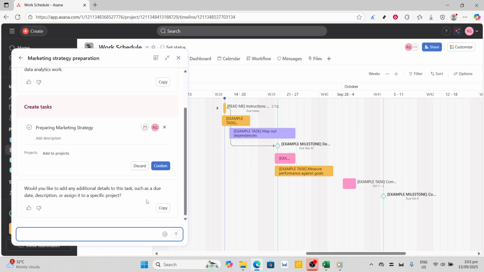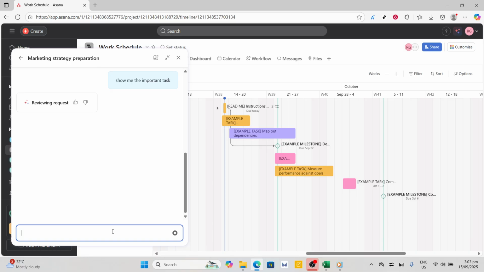Suppose you want to plan your day or week more effectively. You could ask Asana AI to show you the most important tasks by saying something like, "Show me what's most important today." The AI then reorders your task based on priority, urgency, or dependencies, making your daily planning seamless and